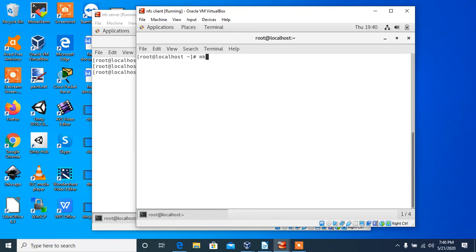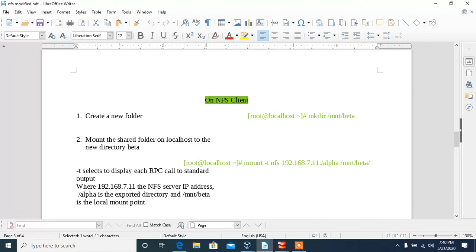Okay, so I will make a directory in /mnt with the name of beta. So this is all good. Now I will mount the shared folder. As you can see, I will mount the shared folder on the localhost to the new directory beta,